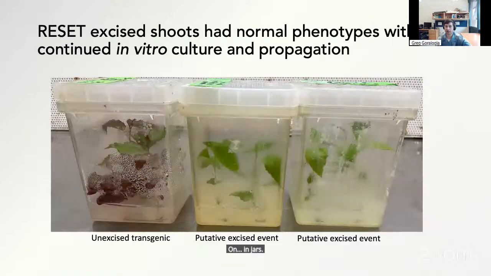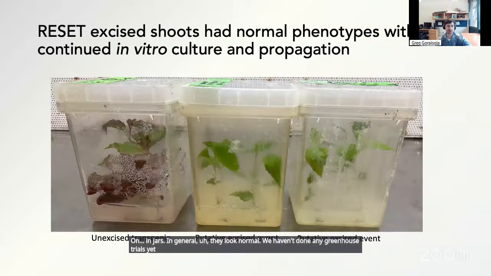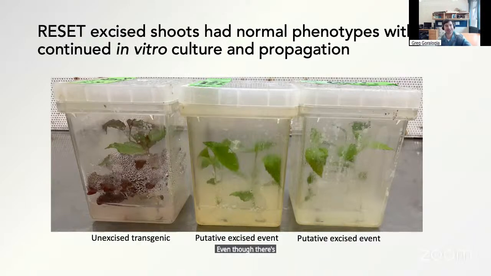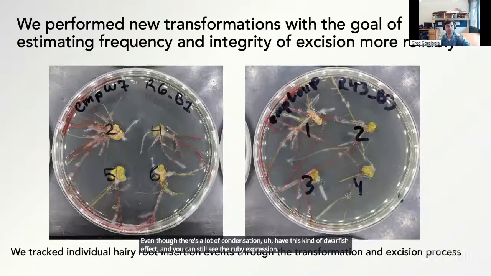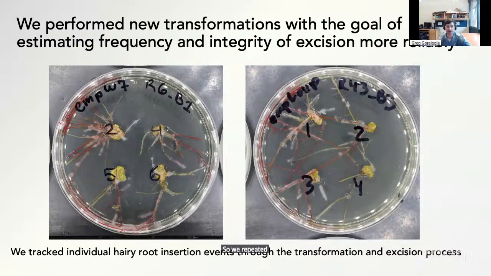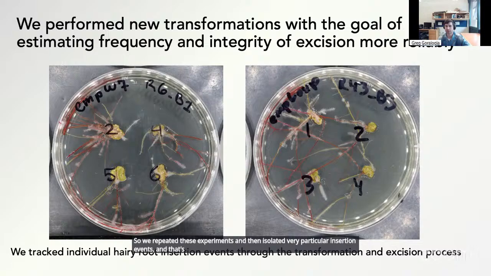In general, they look normal. We haven't done any greenhouse trials yet, but you can see the transgenics, even though there's a lot of condensation, have this kind of dwarfish effect, and you can still see the ruby expression. But one thing that we wanted to do was really further study the behavior of these in terms of the morphogens as well as the excision process. So we repeated these experiments and then isolated very particular insertion events, and that's the data that I'll show you